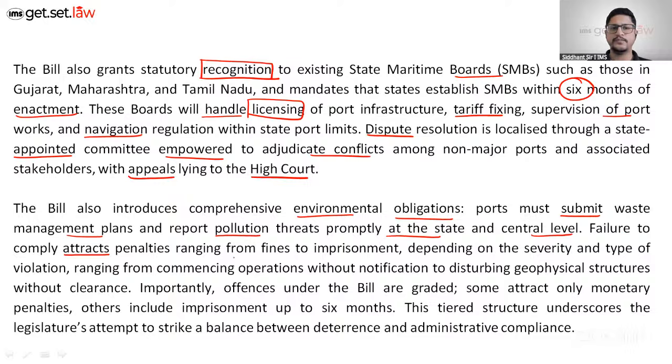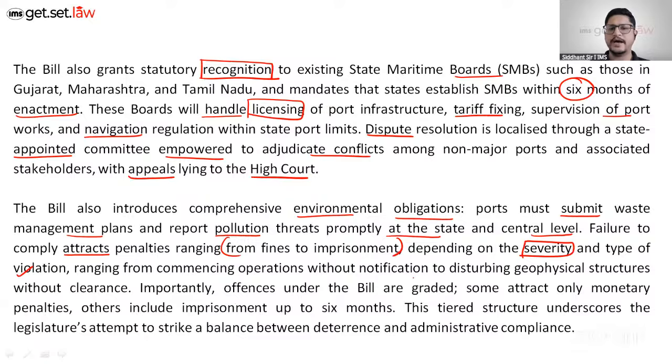So if you are not complying with these provisions of the bill, the penalty could range from fines to imprisonment, depending on the severity. The more severe the violation, the higher the penalty. It ranges from fine to imprisonment, depending upon the violation you have done, from commencing operation without notification to disturbing geophysical structures without clearances. Okay. Importantly,